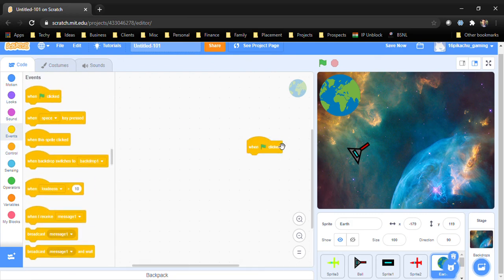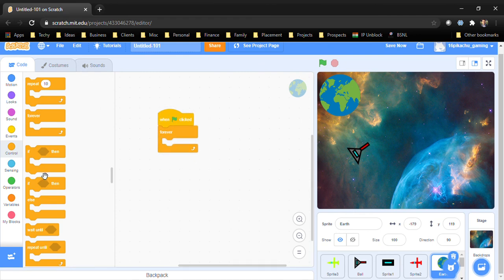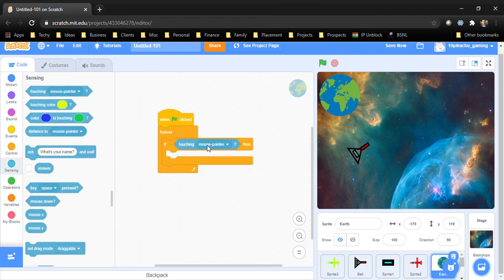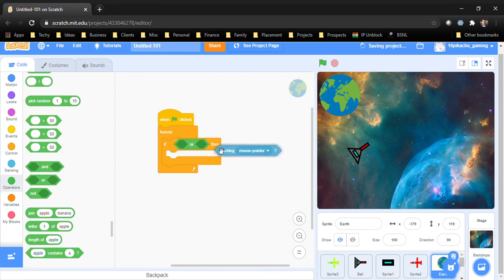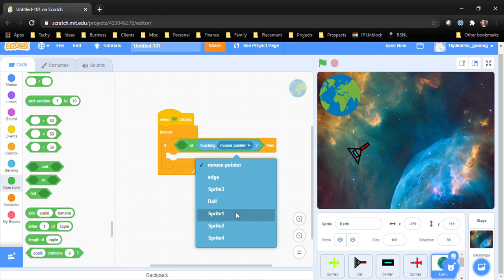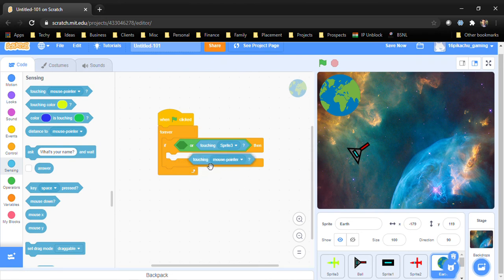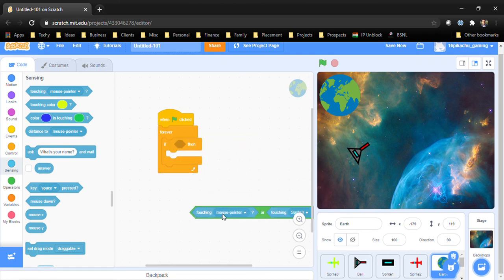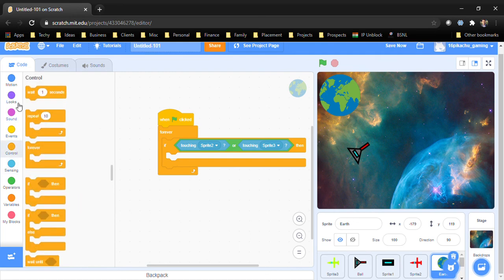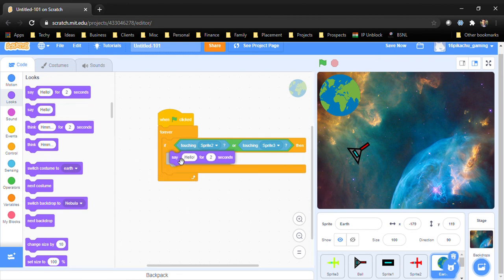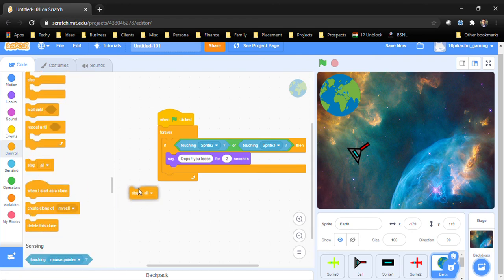So we will say: when flag is clicked, forever, if touching, if we take an or statement, if touching sprite 3 or touching sprite 2, then say "Oops, you lose!" for 2 seconds and then stop all.